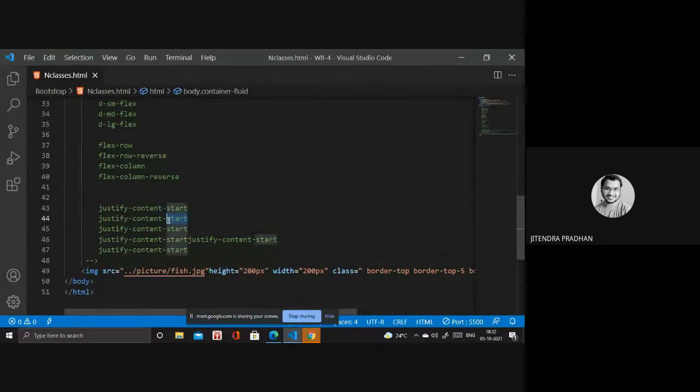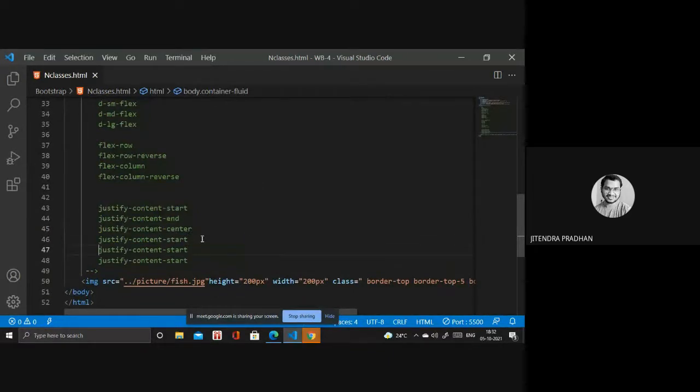So justify content end, and justify content center, and justify content between, and we have around. These things are what we use in Bootstrap for the flex property.